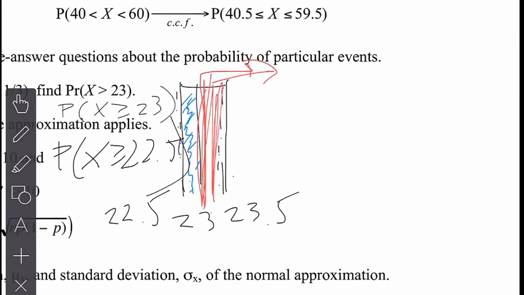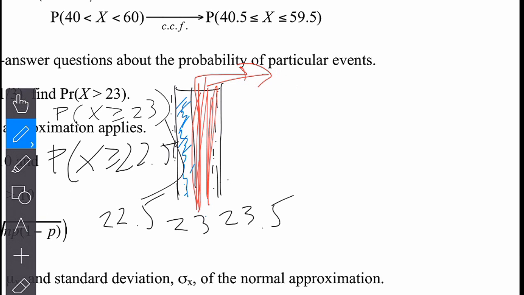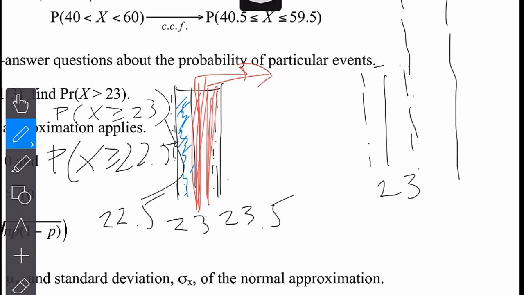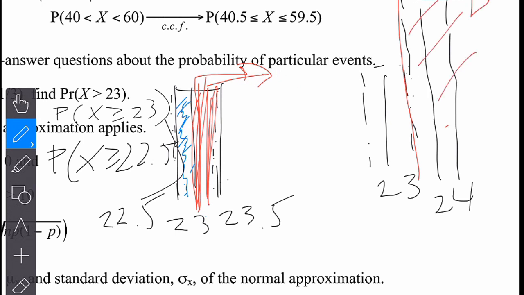So let's draw that over here on the side. Let's say this is the bar for 23, and this is the histogram bar around it. You can imagine the next one is here beside it, and that's 24. I'm making up these numbers. I'm making up the bars, if one is higher than the other. And I want to start after 23. So after 23 means that I include the bars after 23.